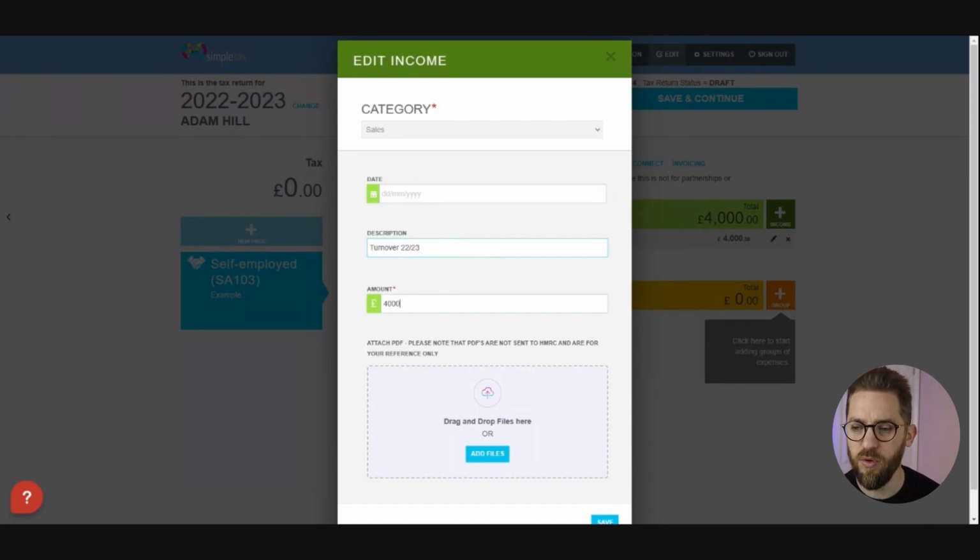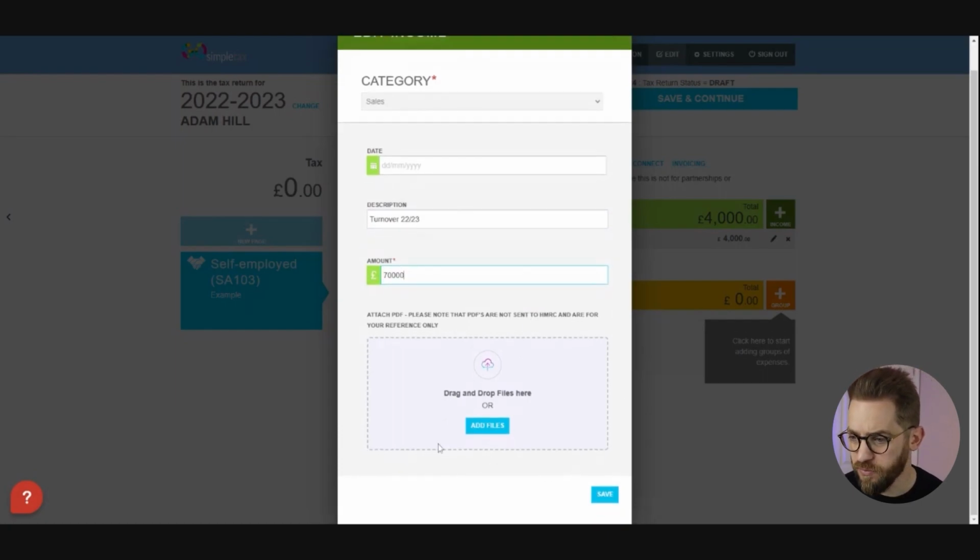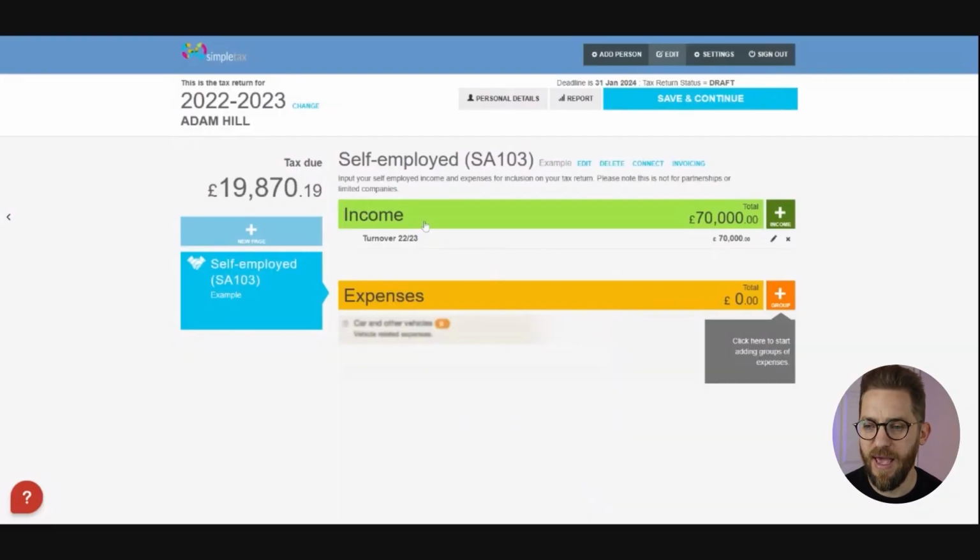In this example, I had 70,000 of turnover for the year. I won't attach any copies of invoices, and I'll save there. So that's my income entered already for my self-employment. Nice and easy. On the left hand side, what you're going to notice now is that we have tax due